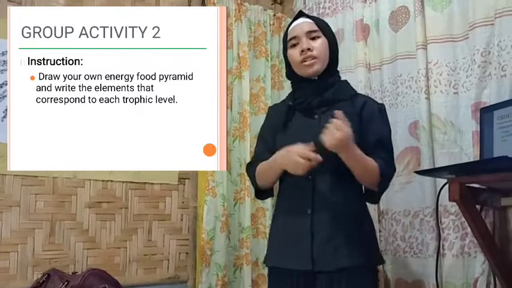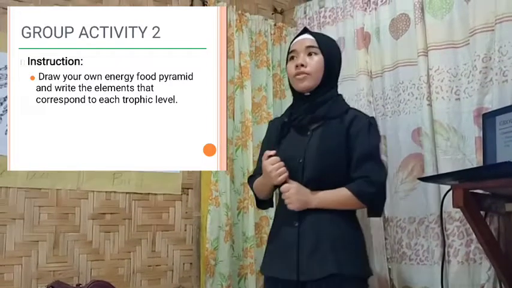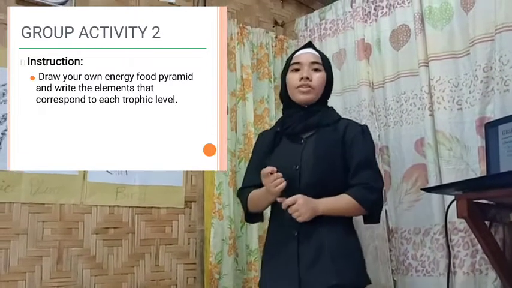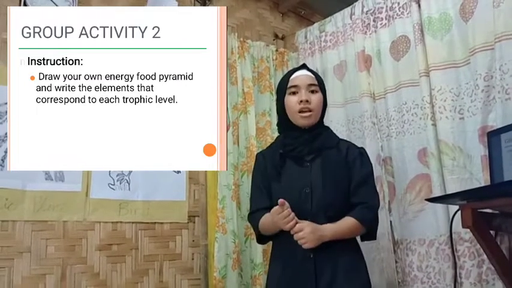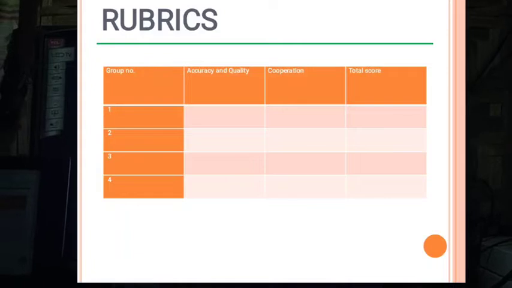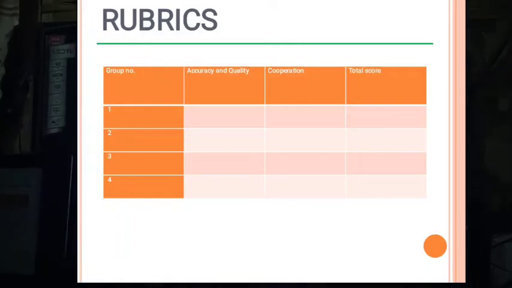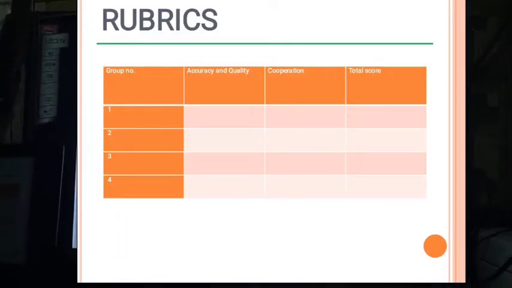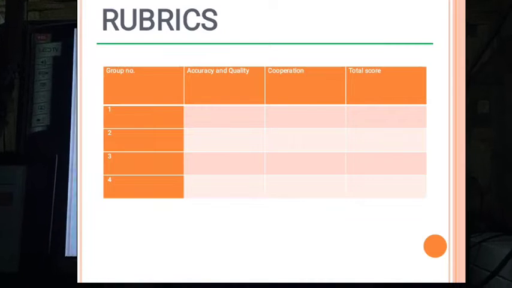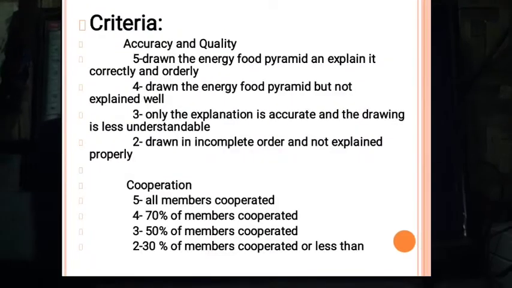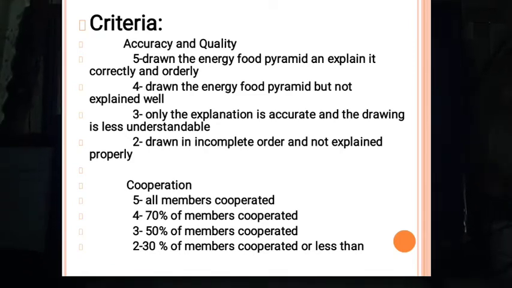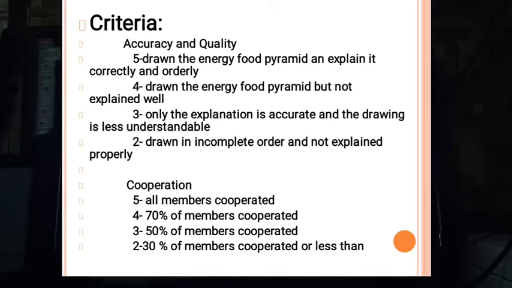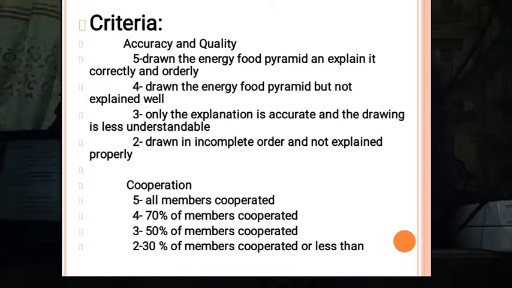Draw your own energy pyramid and write the elements that correspond to each trophic level. So here is your rubrics for creating your activity. We have accuracy and quality, cooperation, and the total score. For your criteria, 5 points if the energy food pyramid is drawn and explained